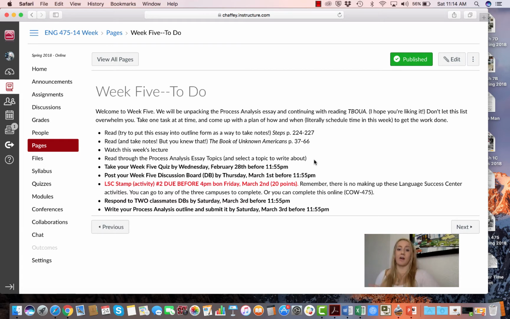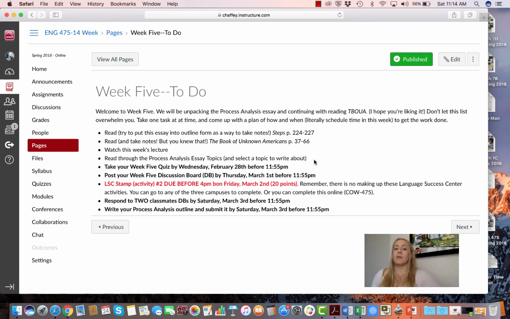I think 2 of you in the class actually already have done your second stamp, so kudos to you on that. But the sooner you turn it in, the better, because last time, the first deadline came up on us really quickly, and some of you turned in your activities on the COW, the online version, and they got kicked back, and there wasn't time for you to fix them and then get them to the center, and so you got no credit.